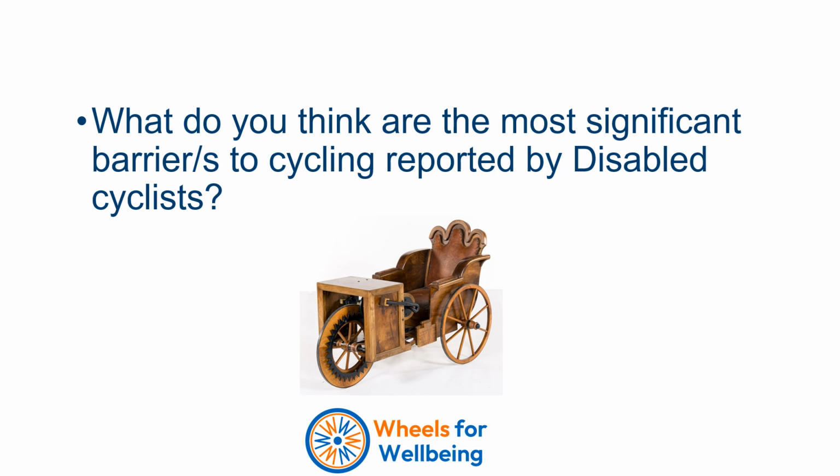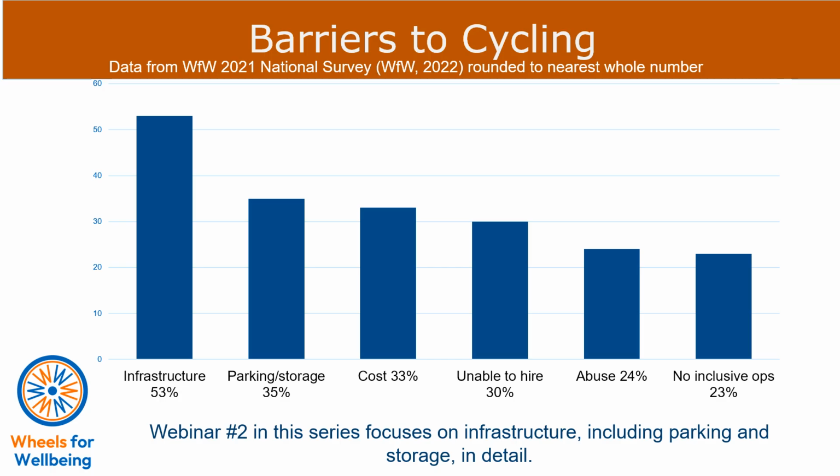Okay, so hopefully you've had time to have a think about that. And the next slide is a graphic that shows the results from our survey where we asked disabled cyclists what were the most significant barriers to cycling for them. People could name more than one barrier, so this is why the figures don't add up to 100%. So when asked what made cycling most difficult or impossible, 53% of respondents mentioned infrastructure,